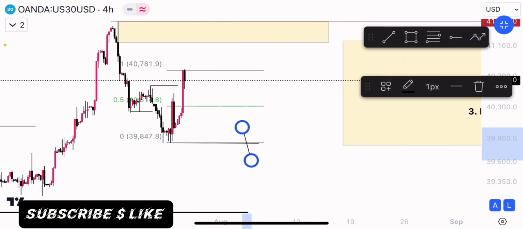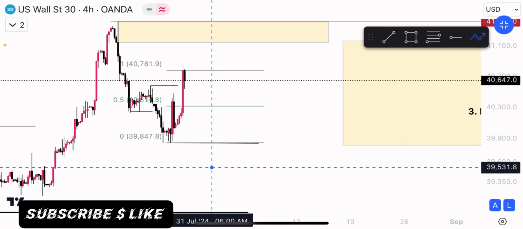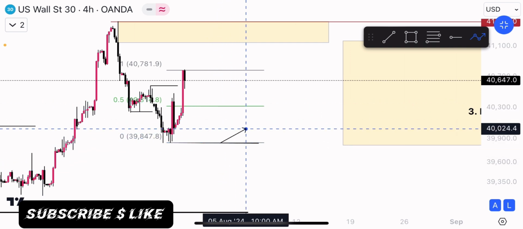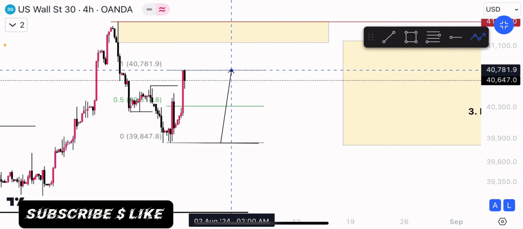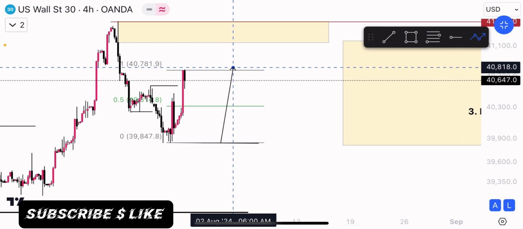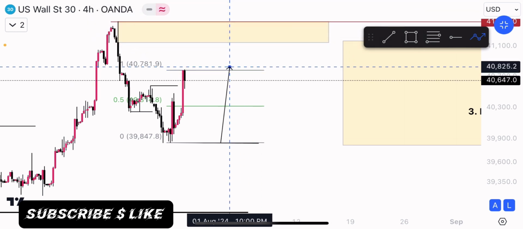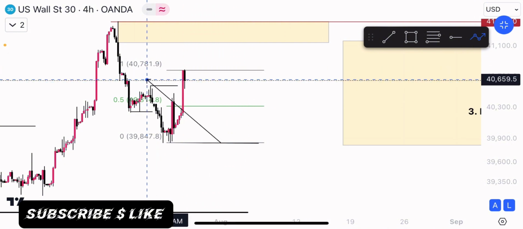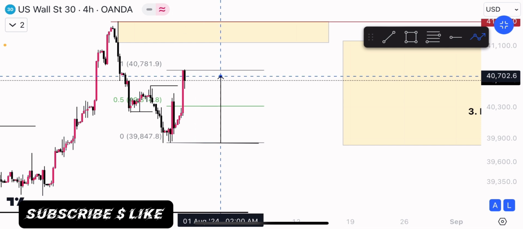Let me put that down here. From this zero to this 50% is our discount level, and from this 50% to this 100% is our premium price. We are meant to be looking for sales here if we have any opposing zone here, but I don't